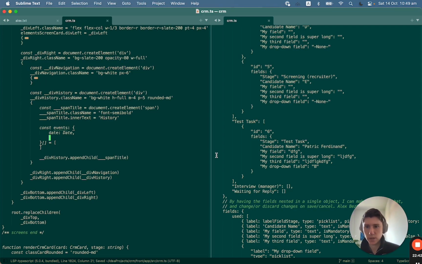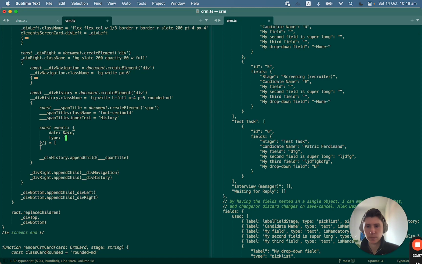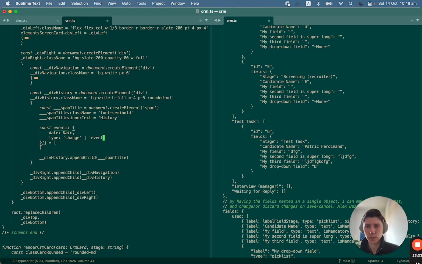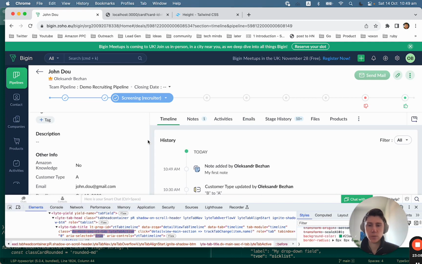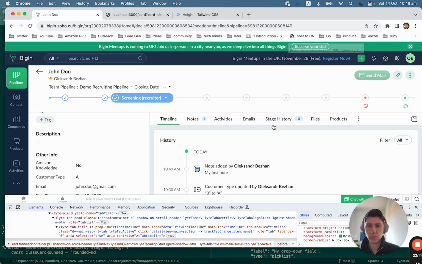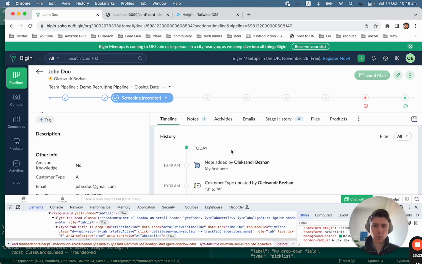So the event will have a type, and it will be change or event, sorry, node and stuff, different kinds of stuff. For now we will only have a change, right? But we can also have email and stuff, right? So